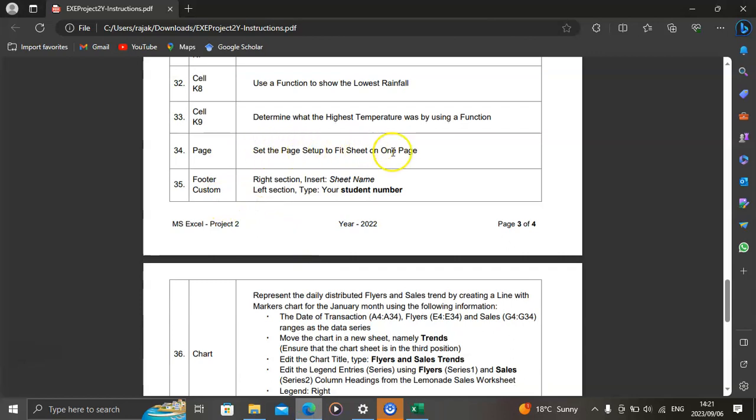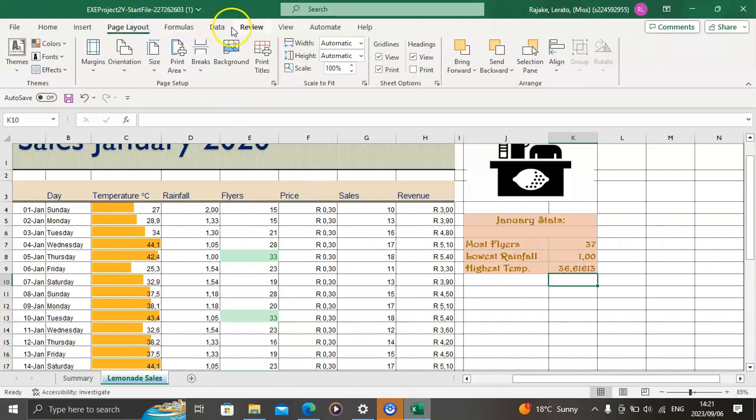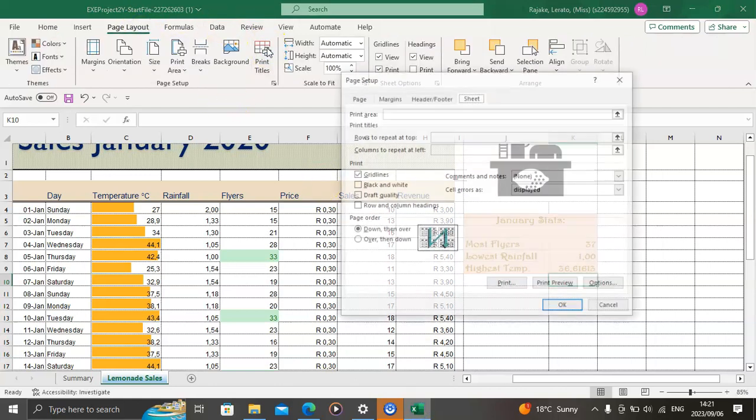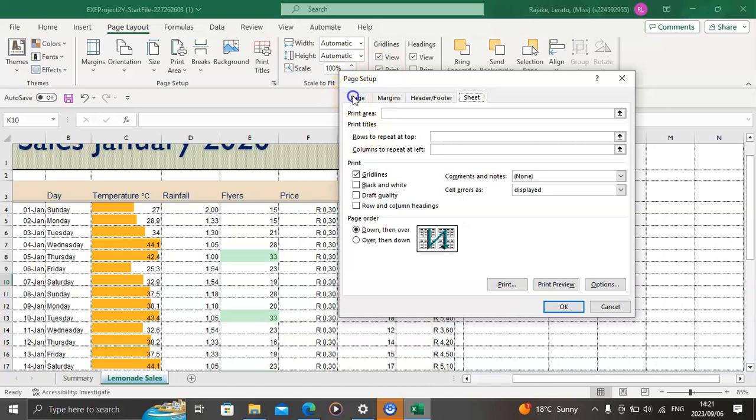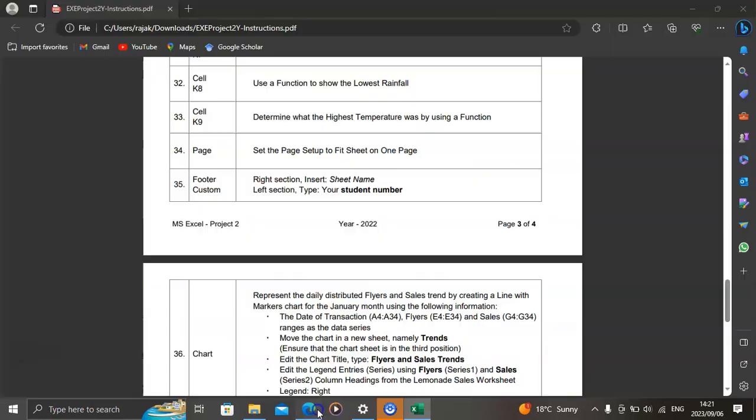set the page setup to fit the sheet on one page. Page layout, print titles, page fit to. Next instruction,